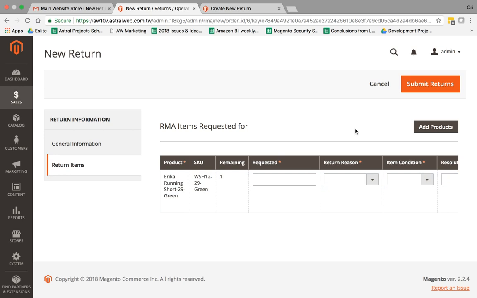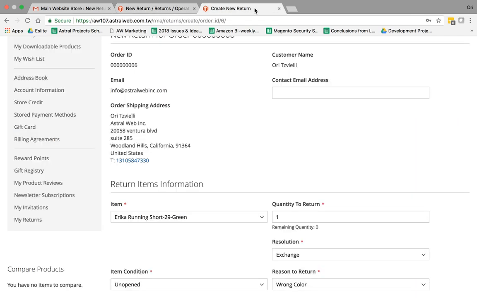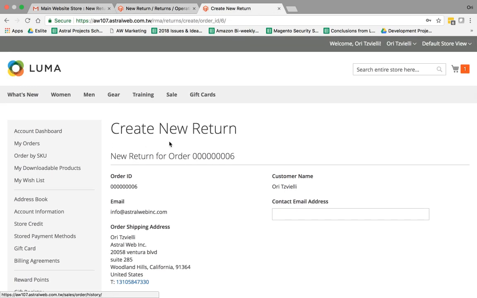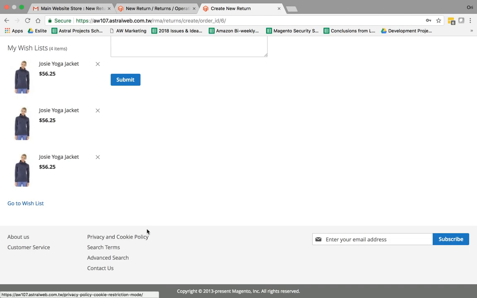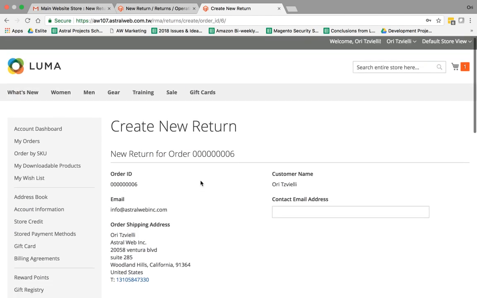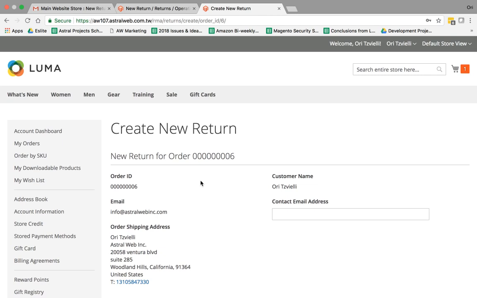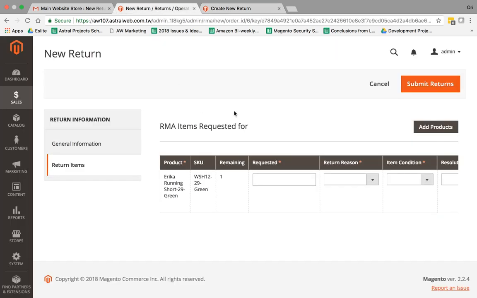So just to recap that first part, either a customer can open a return by logging in, going to my orders, and then viewing that order and clicking on return, or guests can also use the look at my orders. So if you're a guest checkout, you don't have an account, you can use my orders and you can request a return from there. Or the business can get a phone call or an email and then open a return request. So let's open one and let's see how it works, okay?